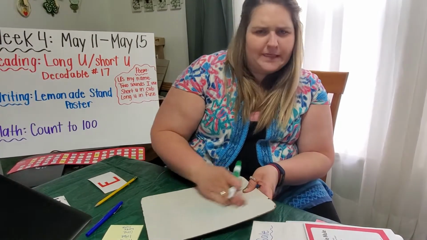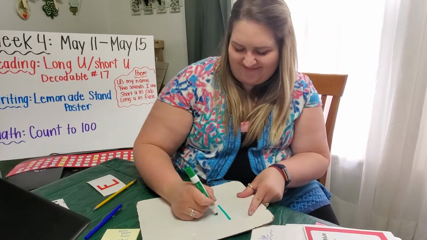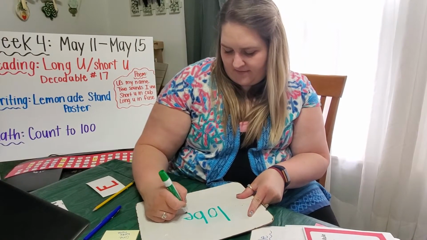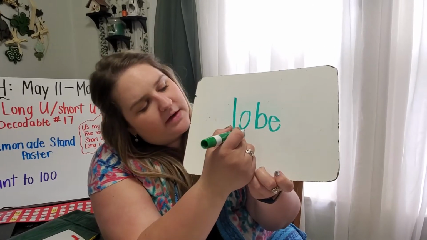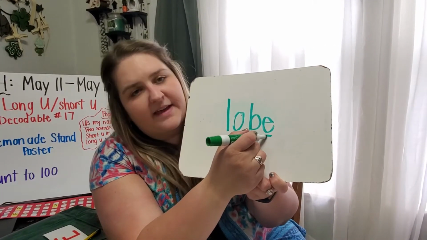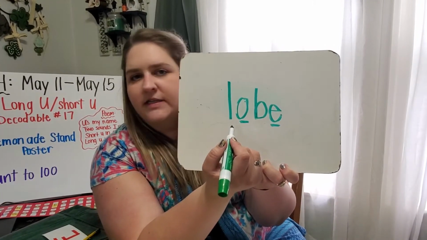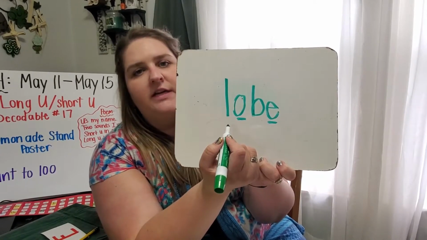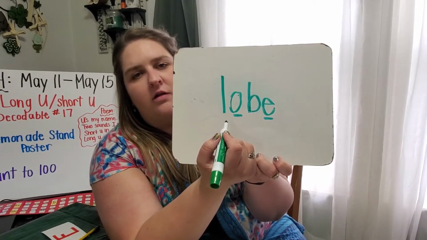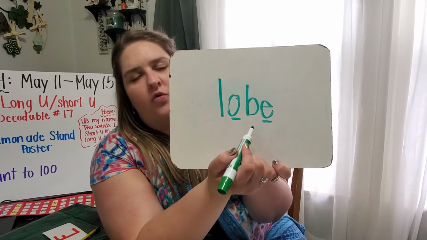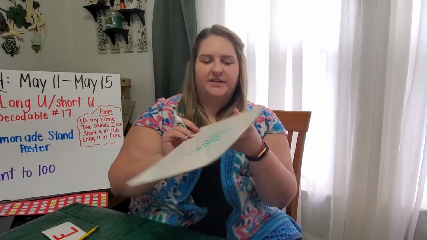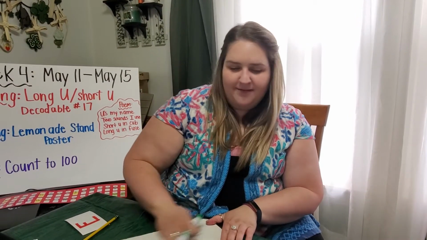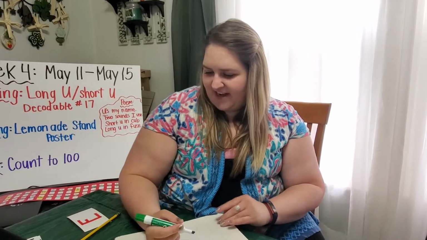Oop, it's a little bit messy. So first when we look, we see that O in the middle, but we see that E at the end. So we know that this O is not going to say ah for short O. It's going to say O, long O. Lobe, like your earlobe. Can you touch your earlobe? Our next word